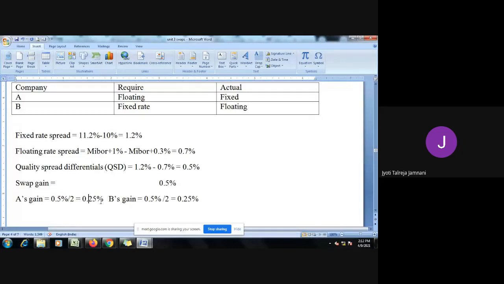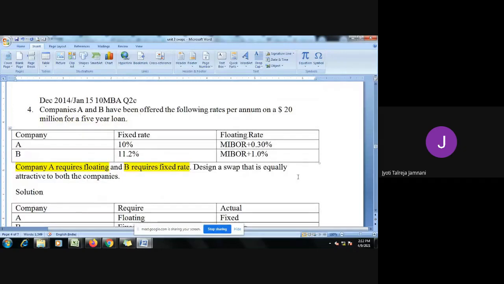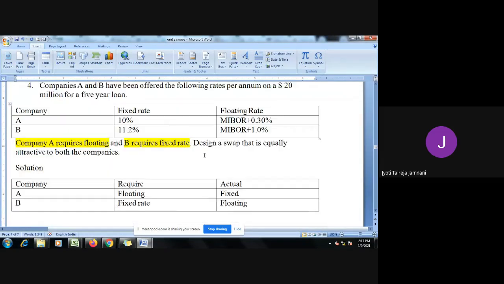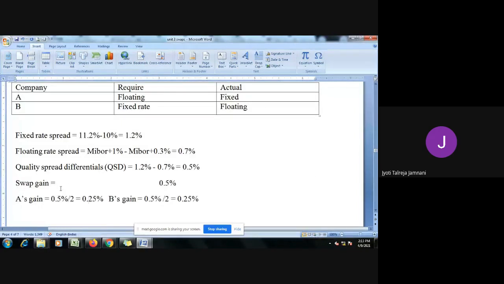Twinkle is asking for bank gain. Twinkle, while reading the question, I told you that there is no intermediary. If you see the question, nowhere they have mentioned that there is a banker or an intermediary. So that means both the parties have entered into a contract on a one-on-one basis. Because there is no bank and no bank gain given, we are not reducing the bank gain here from QST. Otherwise, we would have deducted the bank gain, and then whatever we got, we would equally divide. Here, there is no banker, no intermediary. Is that clear, Twinkle?